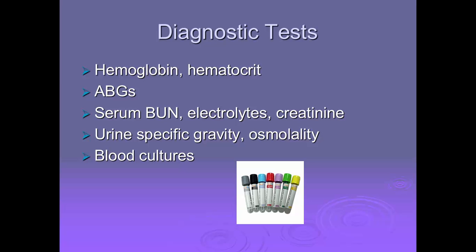Serum electrolytes are done to monitor the severity and progression of shock. So as shock progresses, the glucose levels will decrease, sodium levels decrease, and the potassium levels will increase. So those are specific things you're looking for. Your blood urea nitrogen, your BUN, creatinine levels, urine specific gravity, and osmolality is done to check renal function. As perfusion to the kidneys is decreased and renal function is reduced, then your BUN and creatinine levels will increase. So will your urine specific gravity as well as urine osmolality.